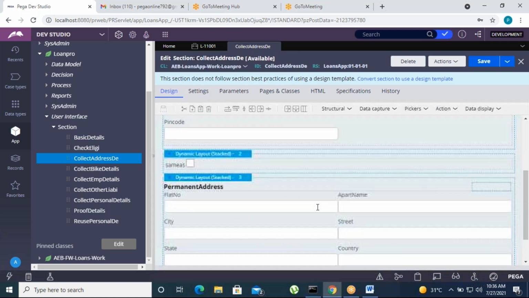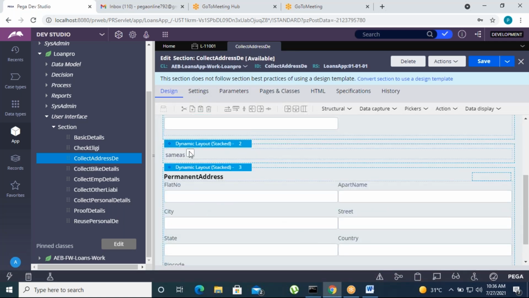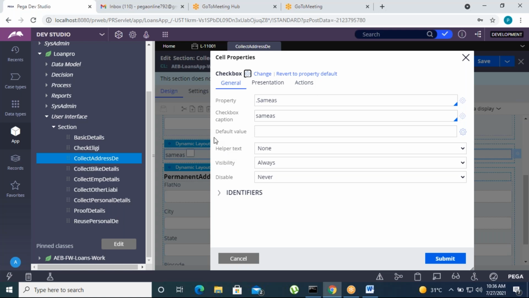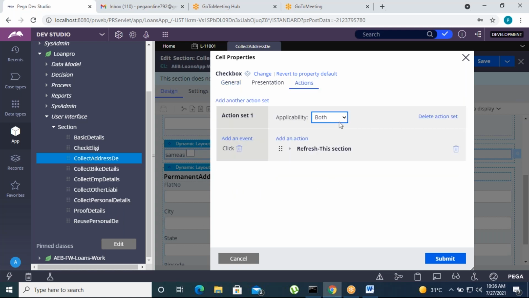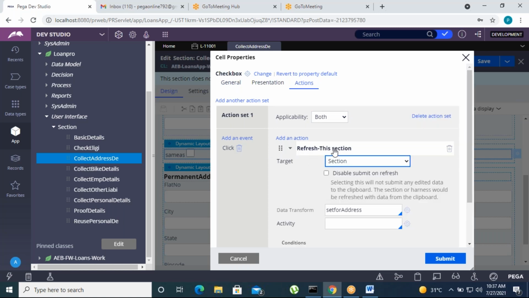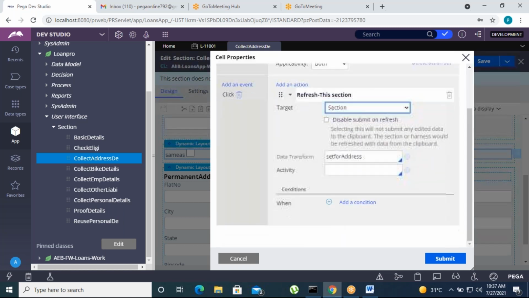This is one page and this is the second page. Between them, drag and drop one layout, and then drag and drop a checkbox here. Give it a same-as property. After clicking the checkbox, the data will be transferred from the current address to the permanent address. Here I created one action set. Once the checkbox is clicked, refresh the section and then call the data transform here.